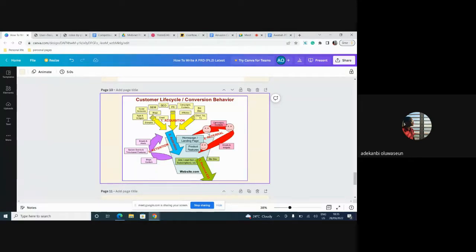You look at the activation. How easy is it for people to save? Is it a one-click process? Do they need to do like 10 things before they can save money, right? So you begin to assess those things, and then you now know what you need to do as a product manager in each of those scenarios, right? So